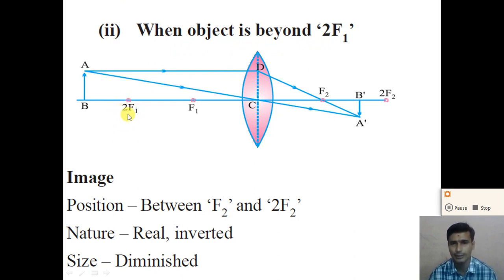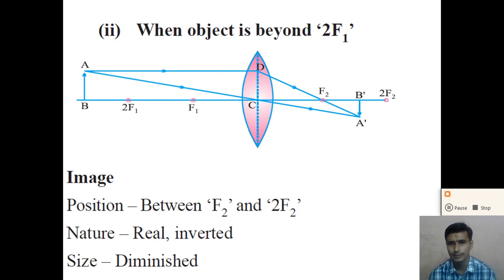Here 2F1 is the first center of curvature, 2F2 is the second center of curvature, F1 is the first principal focus, and F2 is the second principal focus. Now, when the object is placed beyond the center of curvature, that means beyond 2F1, so if we place an object AB at this position, beyond the center of curvature, to draw a ray